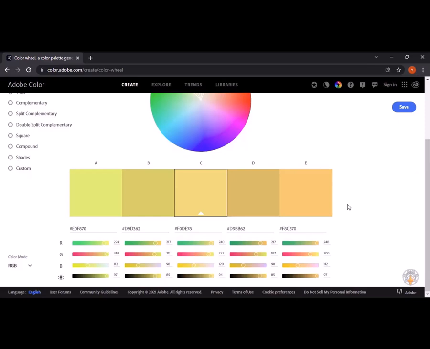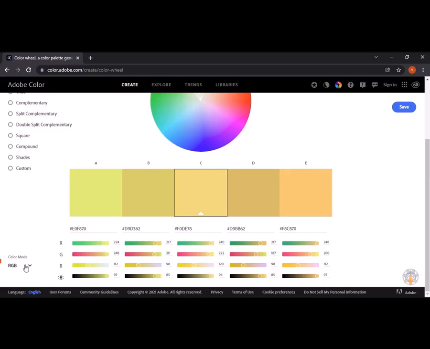In case you do not use the Adobe Creative Cloud libraries, you can also take the colors from here in the hex code, or you can take the colors in the RGB values. You can note down those values and use them in your design. Currently, you can see the colors are presented in RGB values, but you can also change the color mode here.